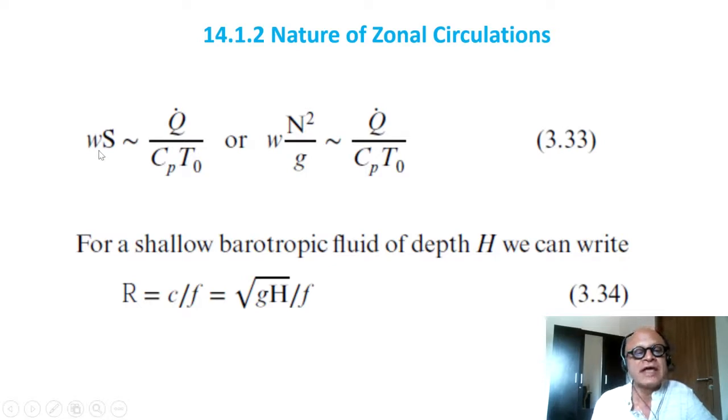So we had written that static stability vertical advection as N squared over g being approximately balanced by the diabatic heating term. So within the deep tropics, where we know that f goes to 0, so you have to be